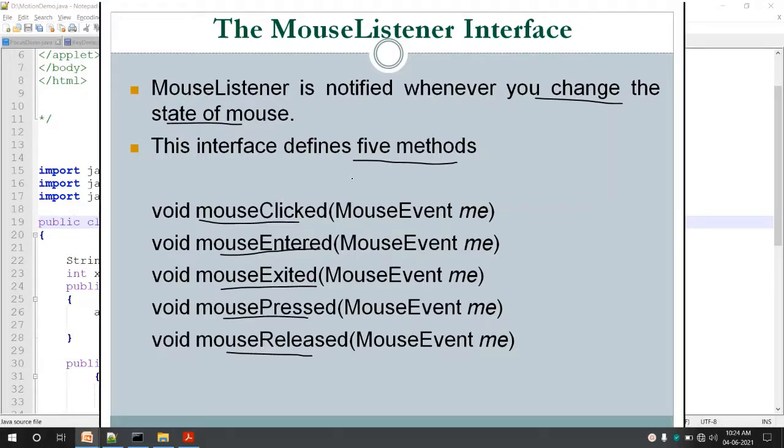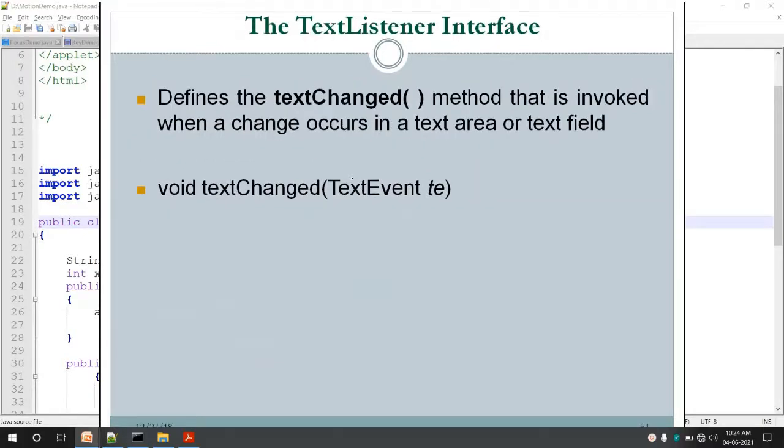In the same way, we can handle these events like we handle the mouse motion listener interface. Okay, so let's move to the next part: the text listener interface. The text listener interface defines the text changed method that is invoked when a change occurs in a text area or text field.